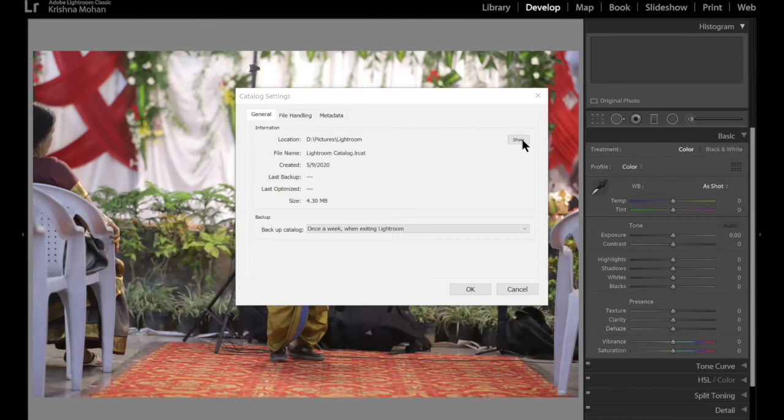So make sure that every day you back up this catalog. There are several strategies. You can back it up online. Since you have a lot of cloud storage, for example Google Drive, OneDrive, or Dropbox, you can have syncing settings so that every day at a particular time it syncs online, and make sure you have a copy of your catalog saved somewhere every day.